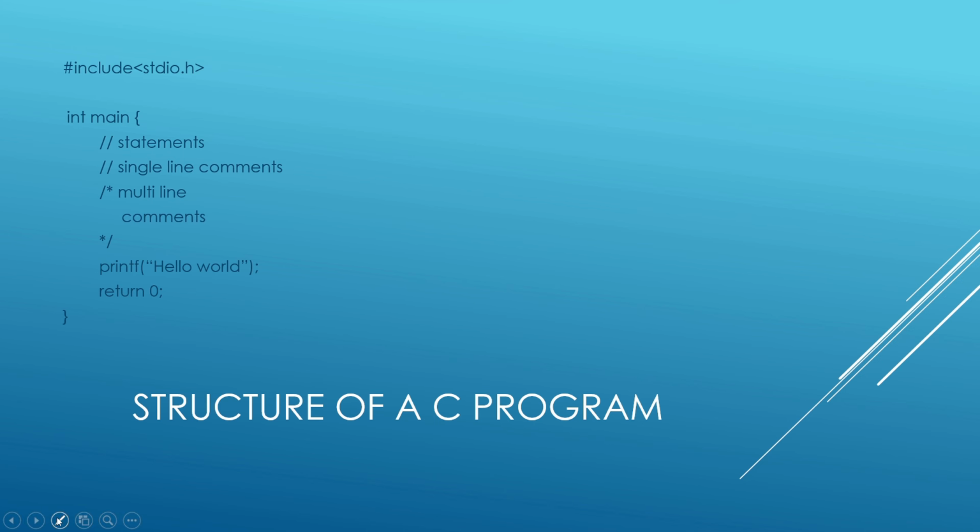Now the first line in any C program has to be hash include stdio.h. We will learn more about header files when we reach there, but for the time being, it is the standard input output header, which stores the declarations of standard input and output functions. The entry point of a C program is main, and whatever you write within these curly braces is executed,